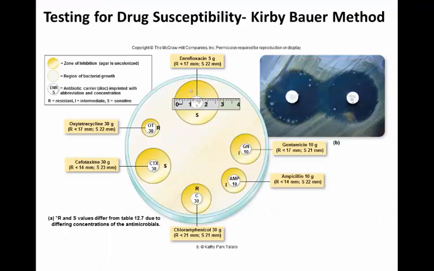So let's talk a little bit about susceptibility testing. First up here, this is what's called the Kirby-Bauer method for susceptibility testing. Not particularly difficult. You guys could very easily do this. The bacteria in question, so your sample from the patient, is taken and swabbed completely across the plate. So we'll cover the plate in bacteria, so we would have sort of what we call a lawn of growth. It would grow everywhere. Right?